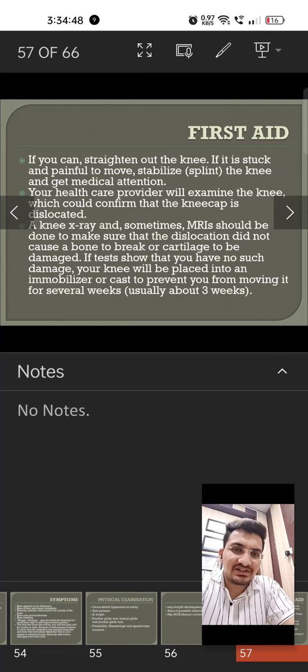Now what is the first aid? So if you can straighten out the knee, if it is tucked and painful to move, stabilize, splint the knee